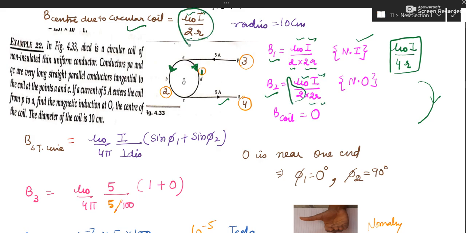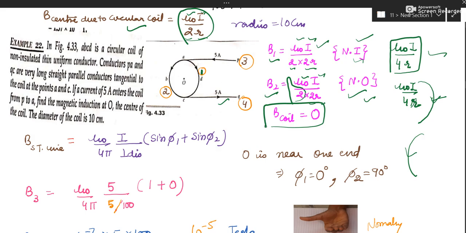Okay, this is a full loop, so it is again mu naught I by 4r. And what about the direction? This time the current is like this. So please keep your right hand curls over it and you will see your thumb is upward. So that is what I've written. It means the magnetic fields due to the circular sections are equal and opposite. Are they equal? Yes. And are they opposite? Yes. So at least due to the circular loops it will be 0.